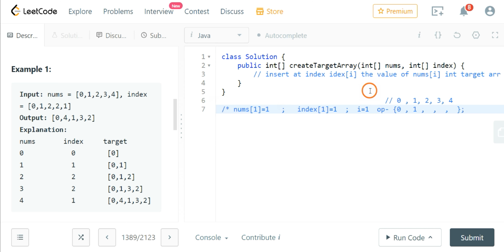Now I is equal to 2. For I is equal to 2, it will go here, 0 1 2, 2. So this 2 will get added here.